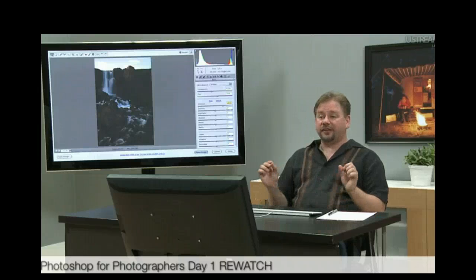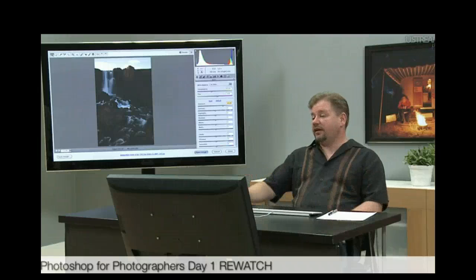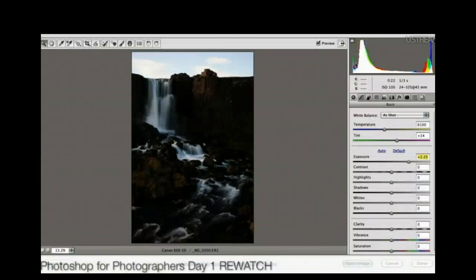You're stuck with solid black. But with a raw file, there's a little extra leeway in the highlights and the shadows where we can bring back detail. So this little bar right here on the far left tells me black takes up an all right amount of space. I want to see if I can get some of that detail back, and so I go to the black slider. I move it towards the right, and I'm looking at the bar chart right now and seeing if I can get that spike to go away. And I was able to. So that means that black